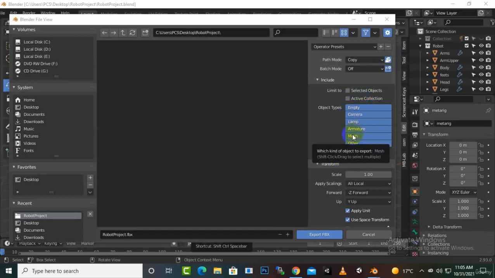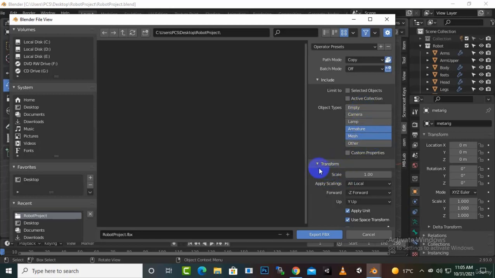We will select the mesh, and we will select the armature with Shift, because we need the mesh, and we need the armature as well because we need the rig to be exported. We don't need the camera, lamp, or empty objects, so we just uncheck those objects, and now we will go to